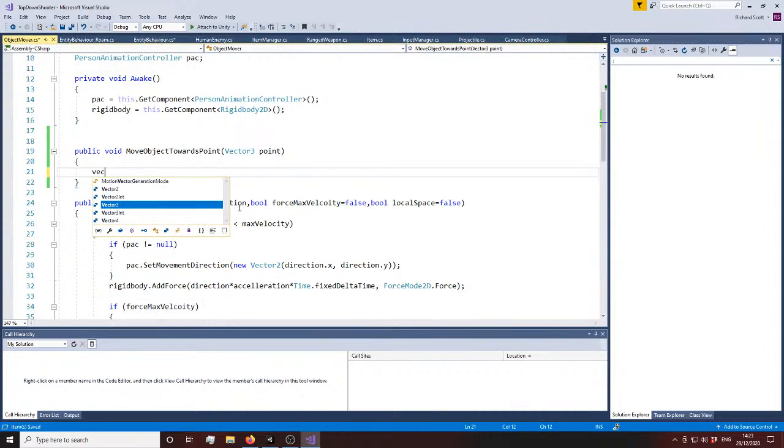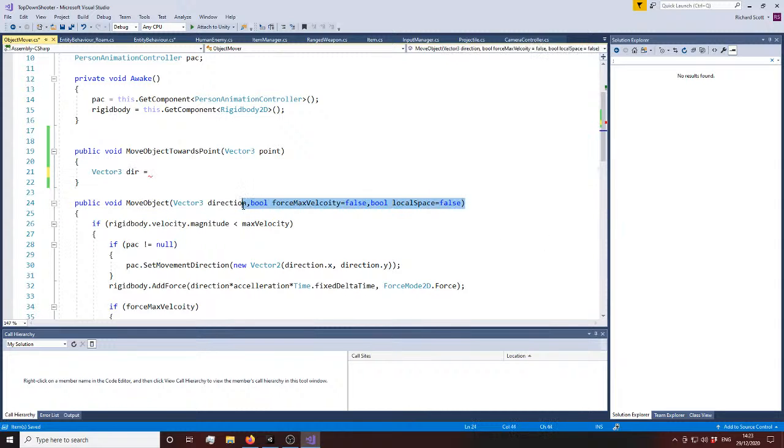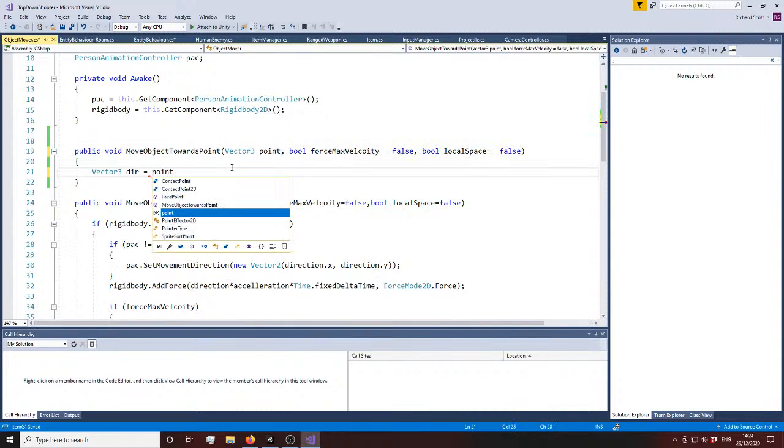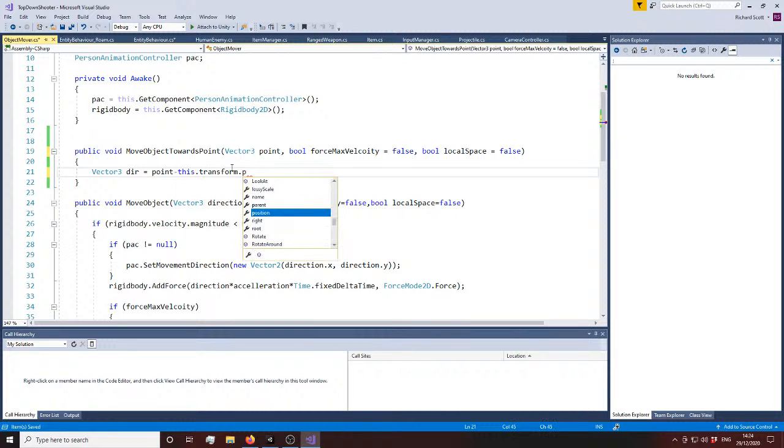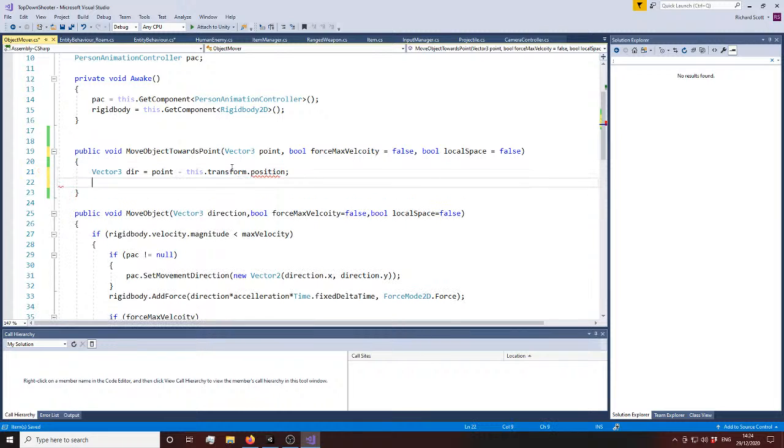So vector 3 dir, we'll have the same arguments as the move object, equals point minus this dot transform dot position dot normalize position, and then we'll just call move object dir dot normalized. If you don't know what normalized means, it's just expressing direction as a value between 0 and 1,